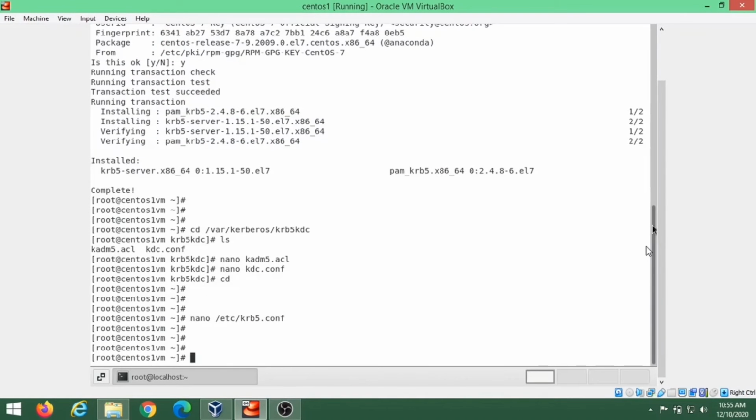Now we will be creating the KDC database. When creating the KDC database, you will be prompted to set a secure password for the database key. We run the command kdb5_util create for hyderabad.cdac.in.